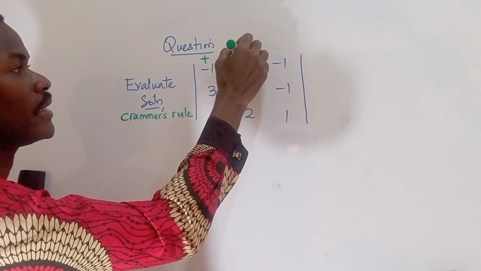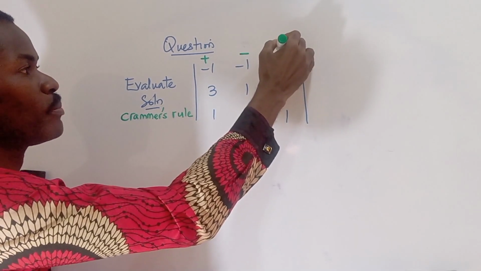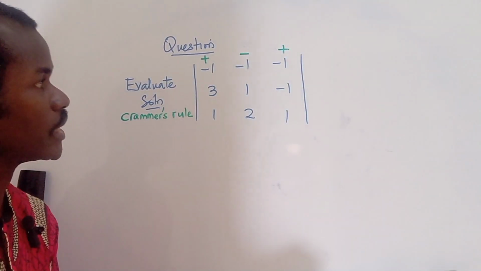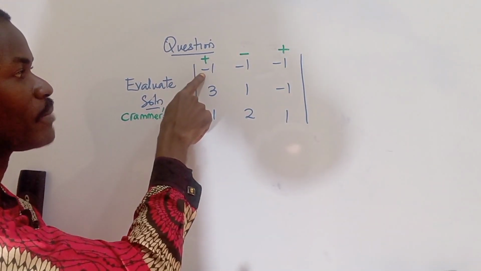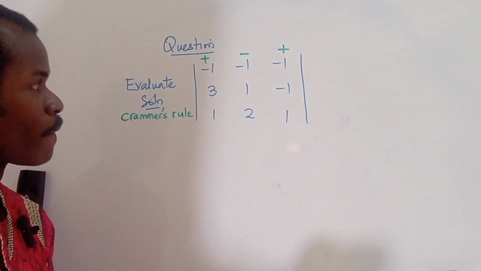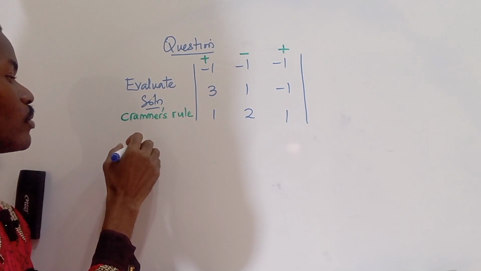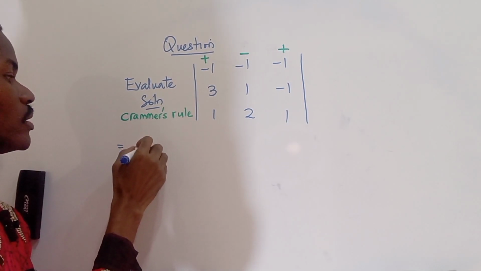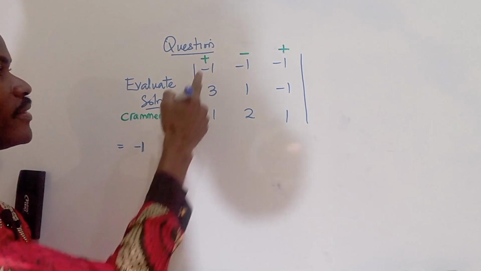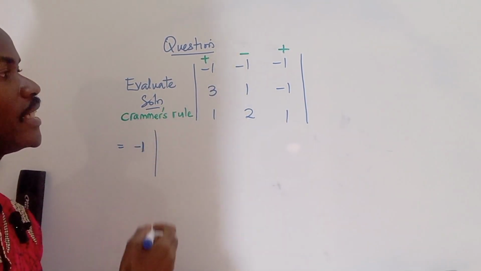So we have plus here, minus here, and plus here. So this is plus, minus 1. Plus minus 1 simply means minus 1. Now that we have this as plus minus 1, the next thing is,